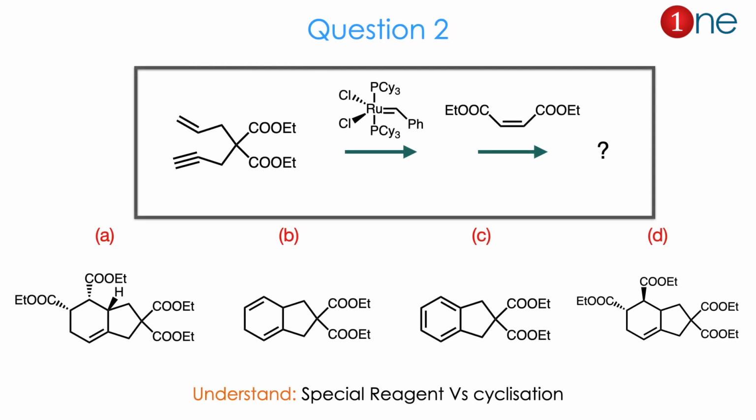Then question number 2. The starting material is a linear system with a double bond and a triple bond and 2 ester groups. Then you are using the ruthenium catalyst with phosphine and chlorine ligands. Next step you are using an alkene with diacetate groups. They ask you to find the products. Here 4 products are given. The position of the CO2Et and the stereochemistry of them is important. Then ring closure also occurs. The fate of the double bond and triple bond is also in the real question. Here you have to understand from the reaction and reagents. A special reagent is definitely involved, it's a ruthenium reagent, and definitely cyclization occurs there.